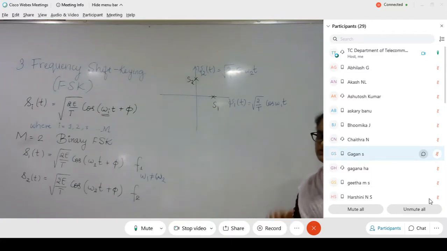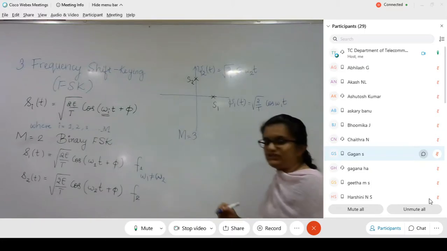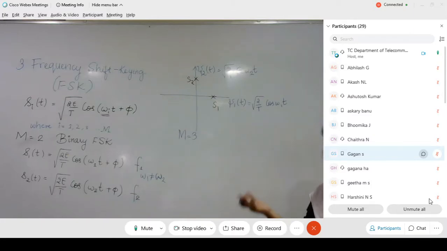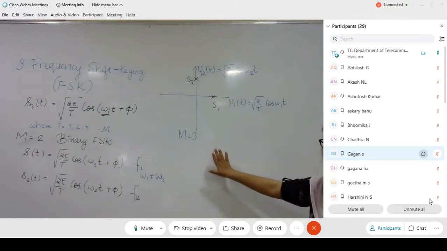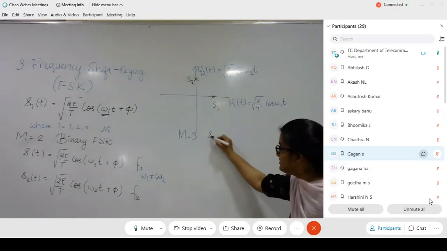This is not a real case, but hypothetically, if this M is equal to 3, can you think what will happen? This is a hypothetical scenario. M cannot be equal to 3. M will be 4, right? It will be in powers of 2. But I am taking a very hypothetical scenario because I want to represent it on the board. Therefore, I am going with the M is equal to 3 case. How many basis functions do I require for M is equal to 3? Think and tell me. There will be 3 symbols.